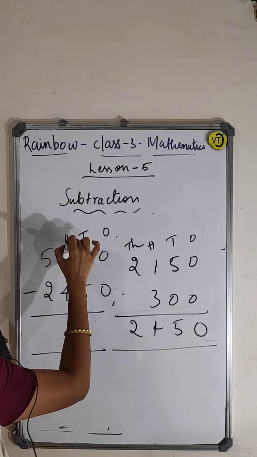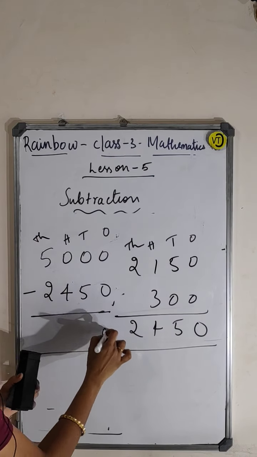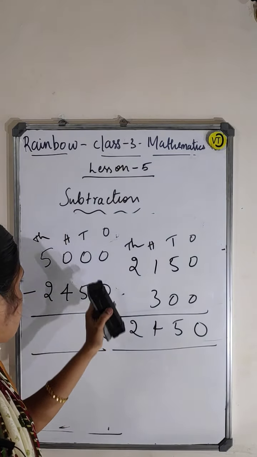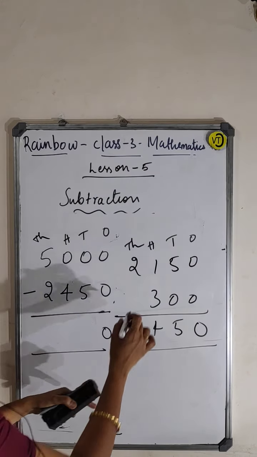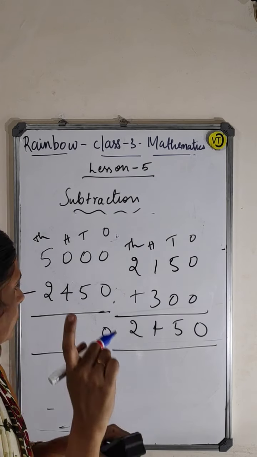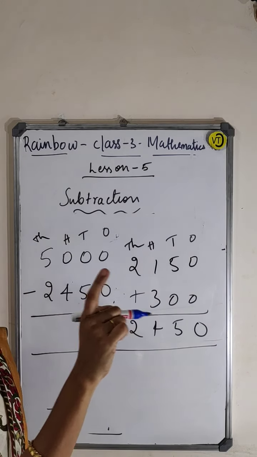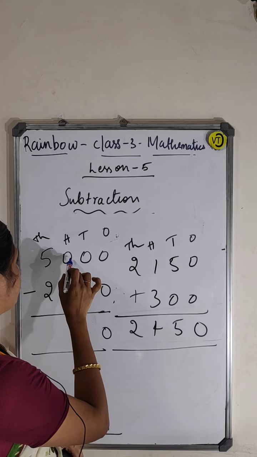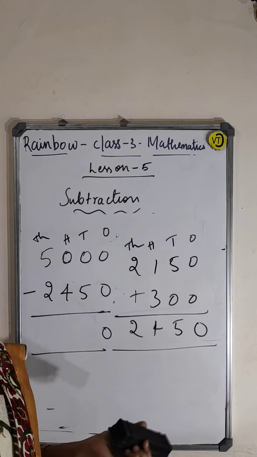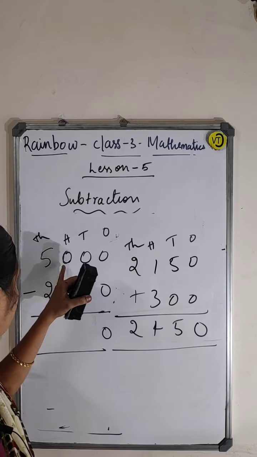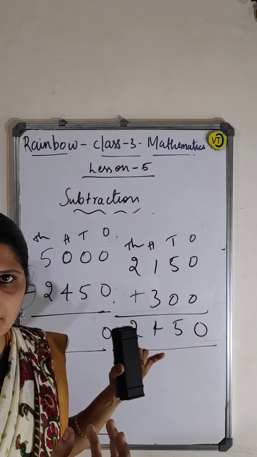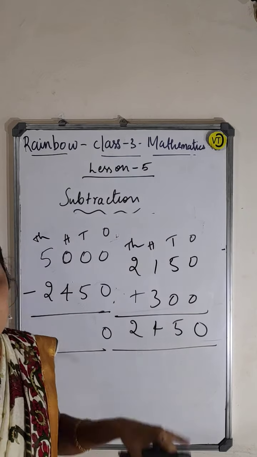This is ones, tens, hundreds, thousands. 0 minus 0, 0 only. For that you should not take borrowing. Okay, fine. Then 0 minus 5, it is there, but you have to take borrow. See again the same condition what I told you here. Here what is happening? 0 again. This 0 cannot give borrow. Already 0, nothing. Tens and hundreds are 0 only. But again this hundreds wants to get 1 from thousands. Then only he can give tens, right?